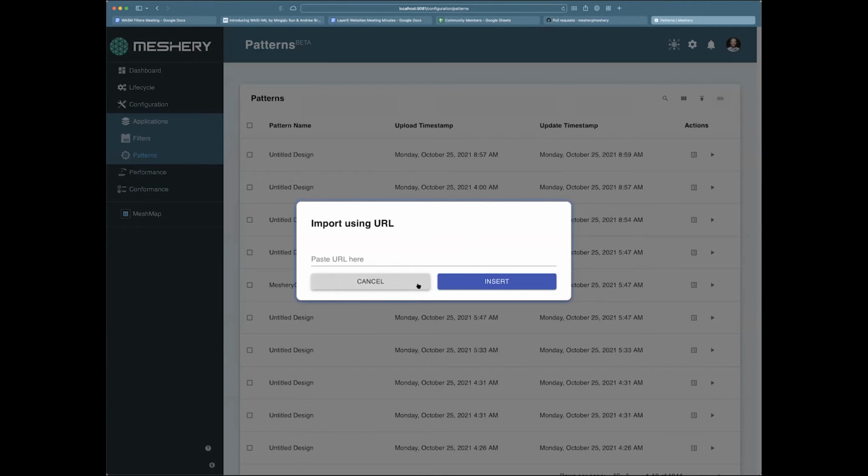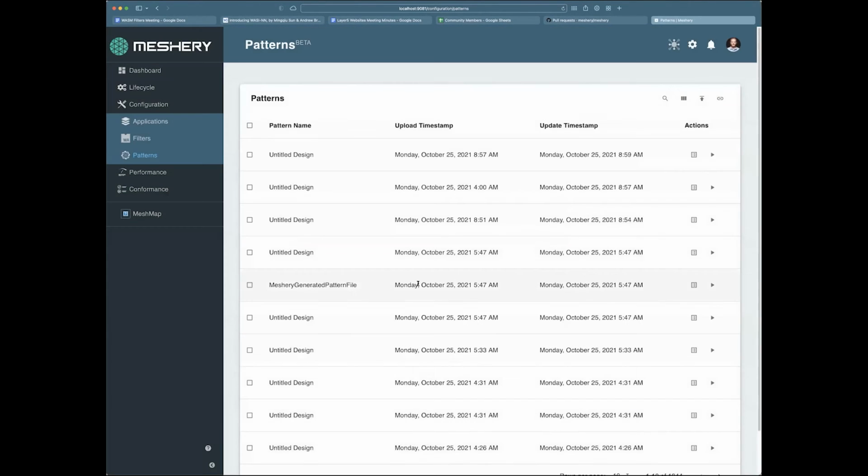Yes, Gaurav was working on that. I think he was going to create a common drop down for all the imports together.